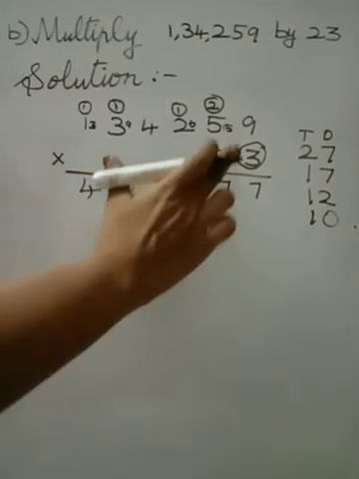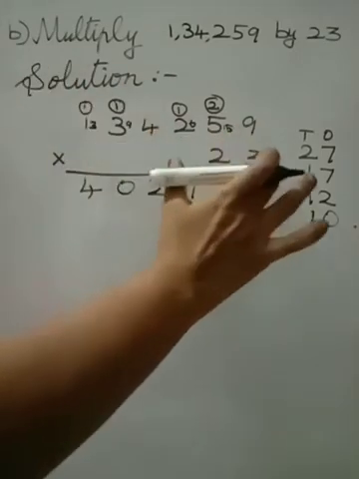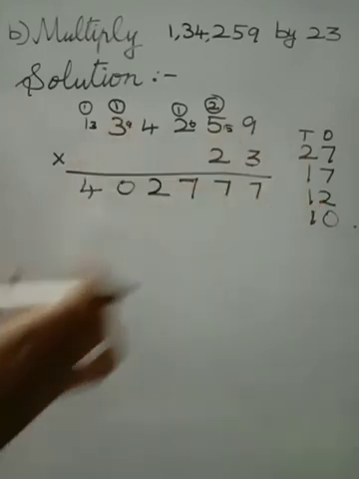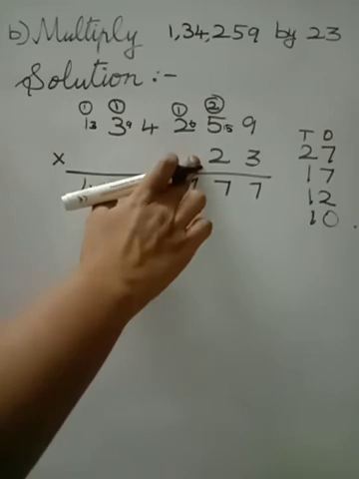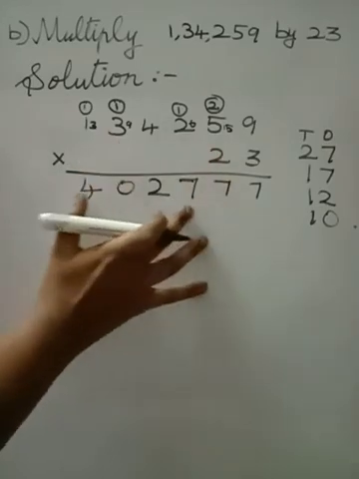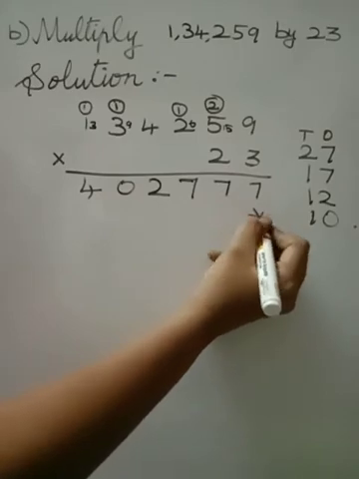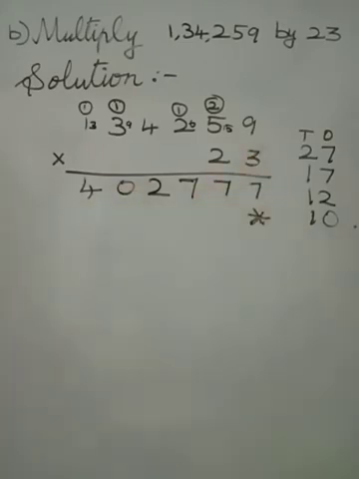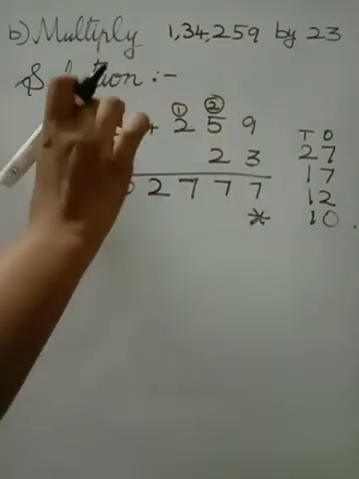Okay, so now all the numbers in the multiplicand have been multiplied, isn't it? Now the ones number has been over. Now we are going to take the tens place number. Before taking the tens place number, the answers we are going to write in the next line. So put a star in the ones place because the ones place has been over. We are going to start the tens place number, again from the starting.